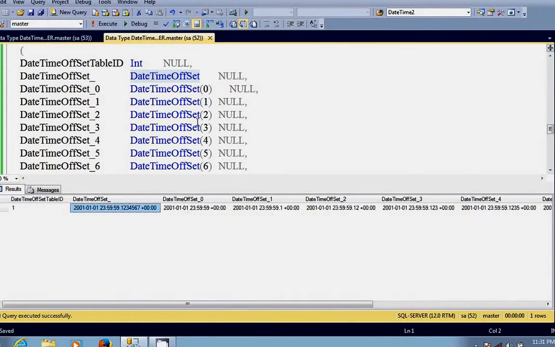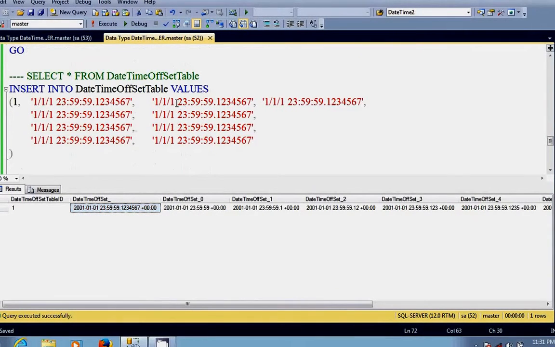And see, for the second value we gave 1 2 3 4 5 6 7 fractional seconds, yet it has taken no fractional seconds. Why? Datetimeoffset of 0 does not have any fractional seconds. For this it has taken 1 fractional second, even though we gave 7 fractional seconds. And this also took only 2 fractional seconds for 7 fractional seconds.